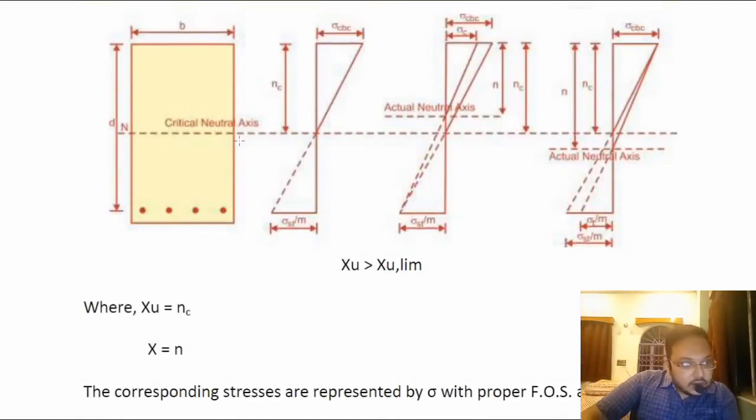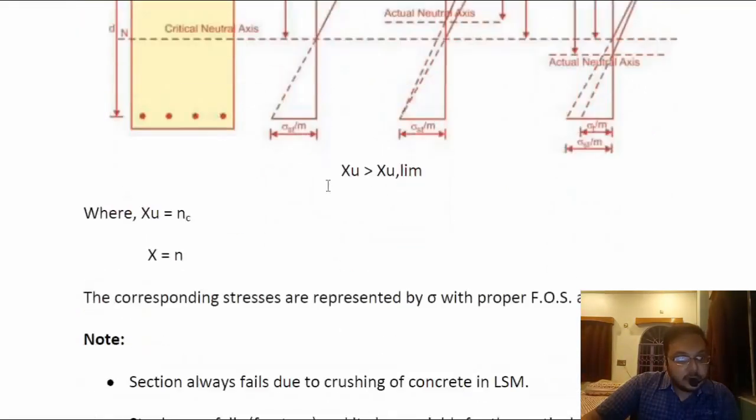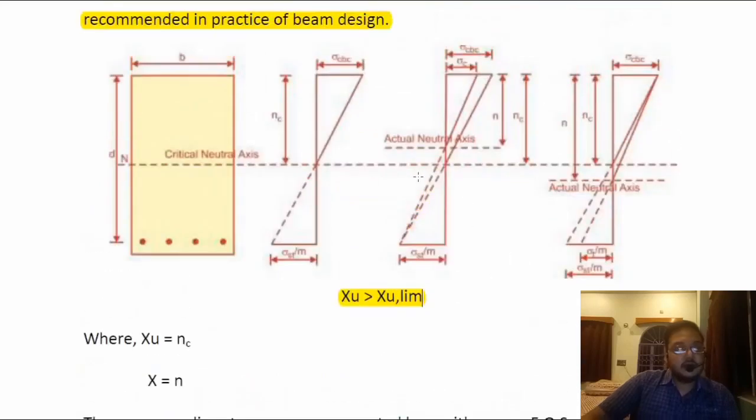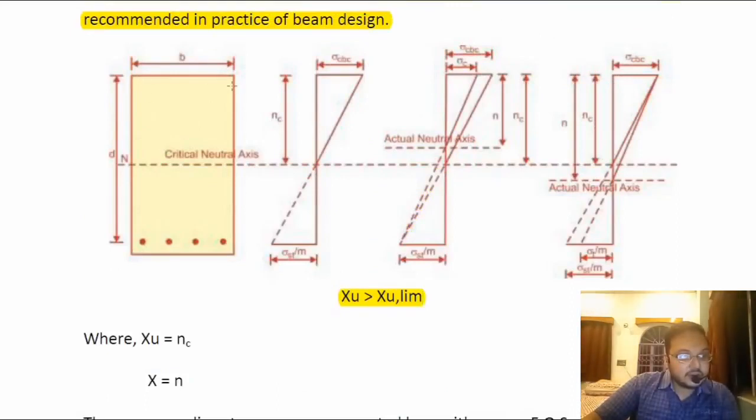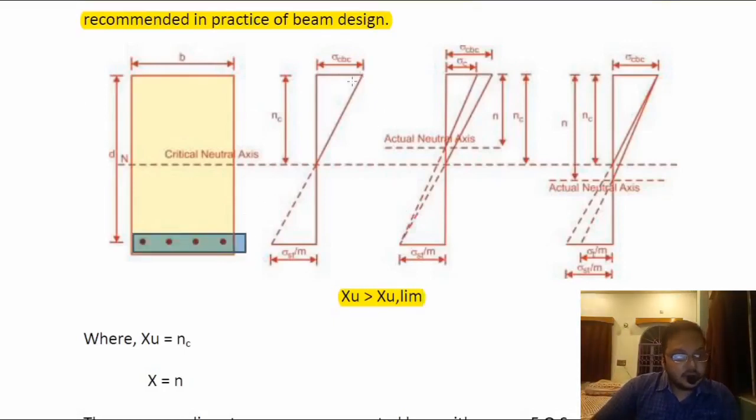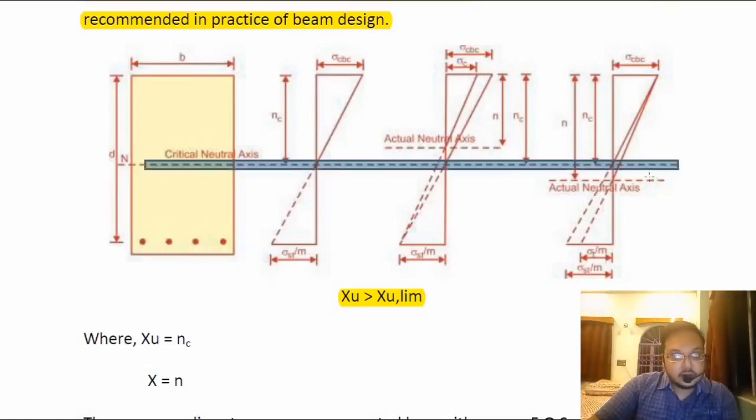You can see this figure, which is a section of a beam, and this is our balanced section where XU is equal to XU limit. One more thing: XU should be greater than XU limit for an over reinforced section. I will highlight this first, then go to the drawing. For this particular cross section of reinforced cement concrete, I have the reinforcements over here, and this is our balanced section. If this is our critical neutral axis, that is XU limit, it is the limiting neutral axis and we should not go beyond this.